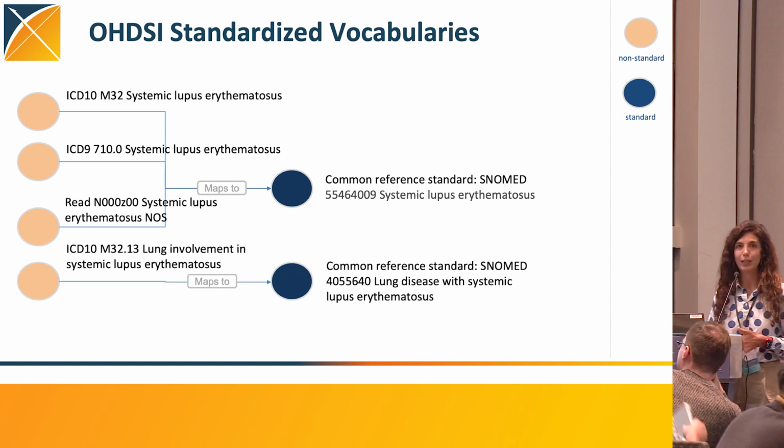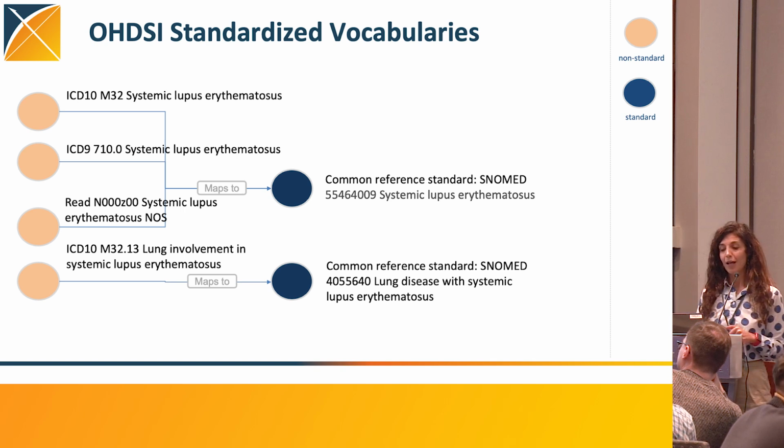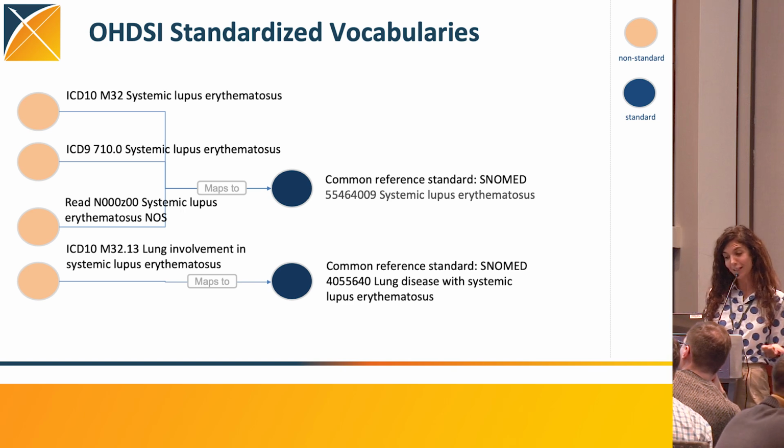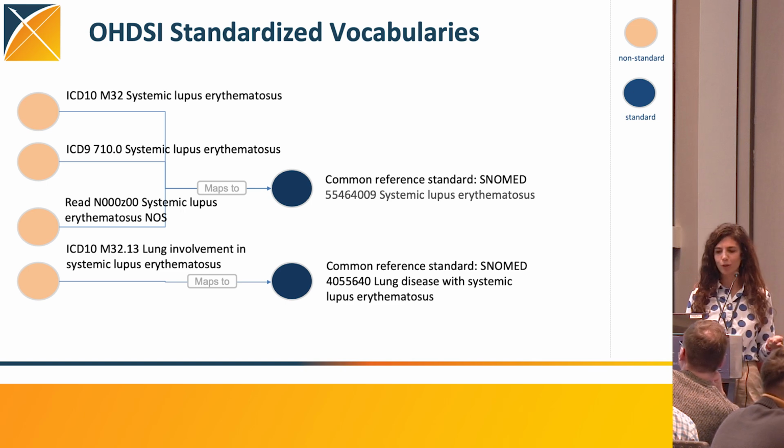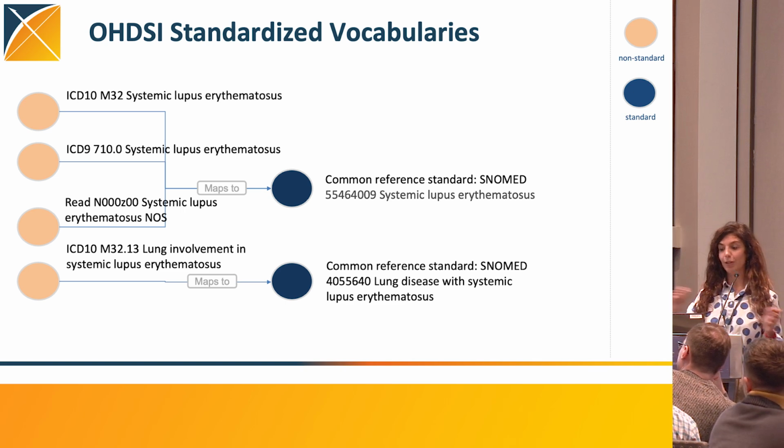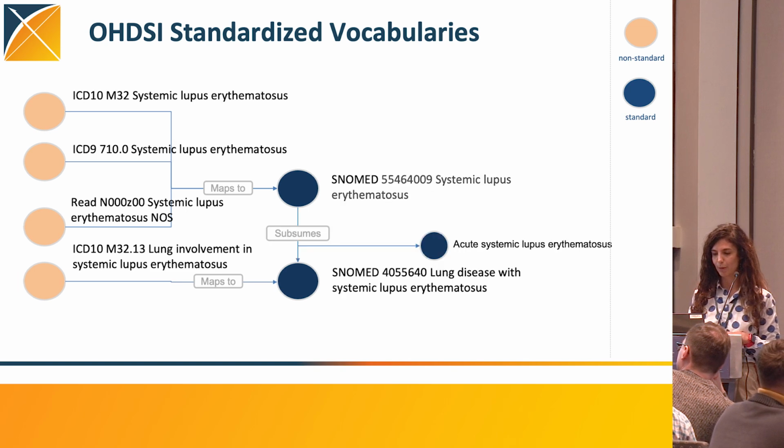So in the situation of SLE, a patient might show up with SLE where the physician knows that there's lung involvement. And look, there's a better code for this patient because it says lung involvement in systemic lupus erythematosus in the ICD-10 world. That is M32.13. Oh, we have to pick that code too. Are there more? And we need to pick the standard. Oh, perfect. There's a mapping for the standard. So we can pick the standard in this case, and it's a perfect world. Now,